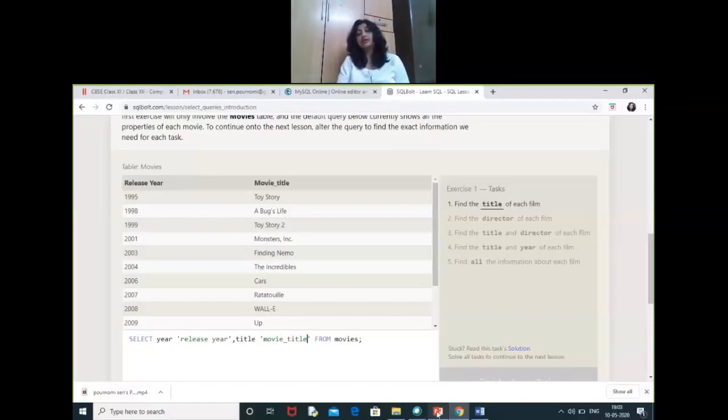We'll be discussing another very important clause, that is the like clause. This is pattern matching. What is pattern matching? If you want to print the movie titles where the movies are starting with a particular character or ending with a particular character, or maybe having a particular character in between, that is pretty much possible with the help of SQL queries. So let's just see how we can do this. So again, we are getting back to our original table. So the original table is select star from movies. So this is the original table.